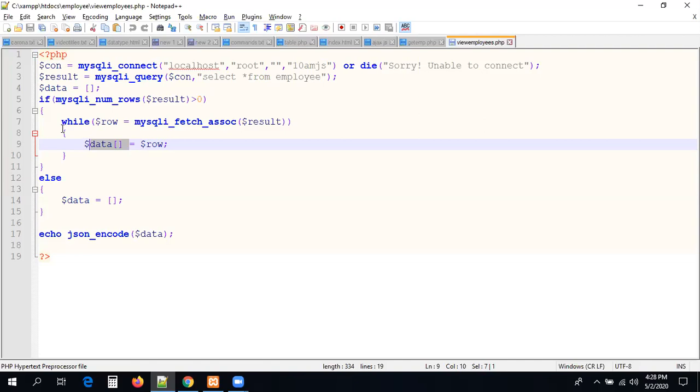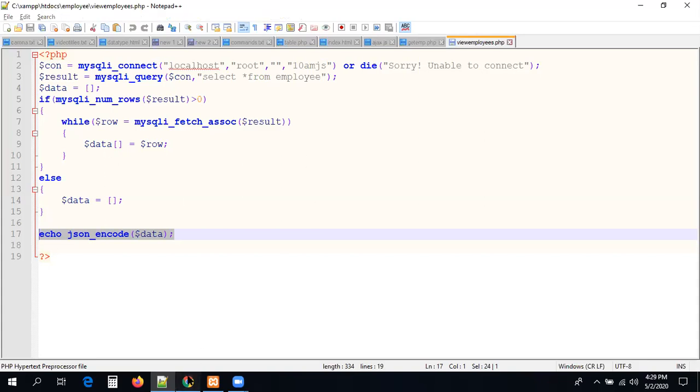So can I send the array data directly to JavaScript? Is JavaScript able to read the data? That's not correct. Whenever we have array data or object data, we have to encode it while we are sending the data via a service. So the data is encoded by using the json_encode method. So this is the logic we wrote. We are getting the data and we are encoding the data.